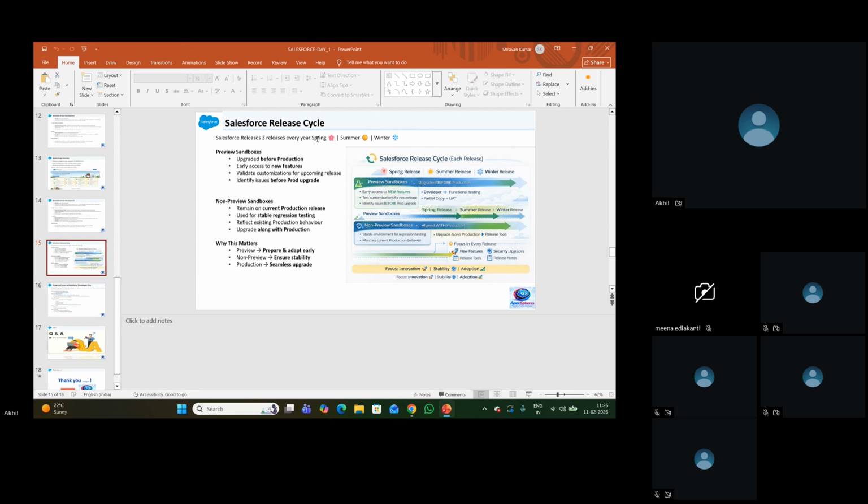We might get stories to collect what all features we have as part of the spring 2026 release, so we should be aware of these release documents. Every time a release is done, we should go through these documents and see what has been enhanced: when it comes to deployment, development, what new functionalities have been added. When it comes to Apex, when it comes to admin, all things will be detailed here.